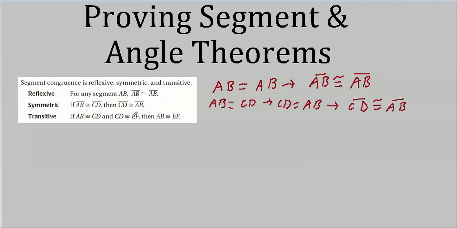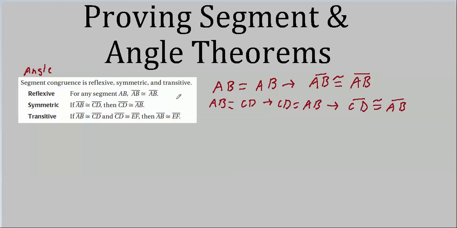And you would do exactly the same thing here. There are also three theorems, reflexive, symmetric, and transitive, for angle congruence. You could just insert the word angle up here, and you would prove them exactly the same way. Instead of the length of the segment, you would use the measure. For instance, if two angles are congruent, by definition, their measures are equal. So you write the equality, use the properties of equality to arrive at the particular rearrangement, whichever one you want